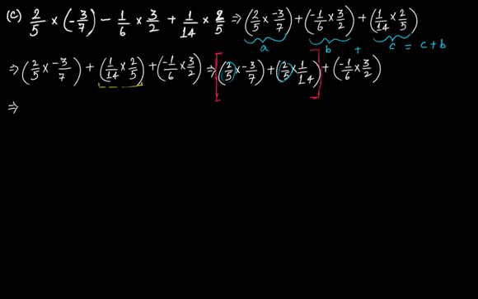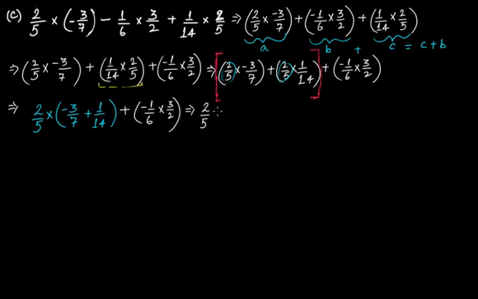So take out 2 over 5 common times minus 3/7 plus 1/14. But actually it is distributive property of multiplication over addition of rational numbers. Then plus minus 1/6 times 3/2. This becomes